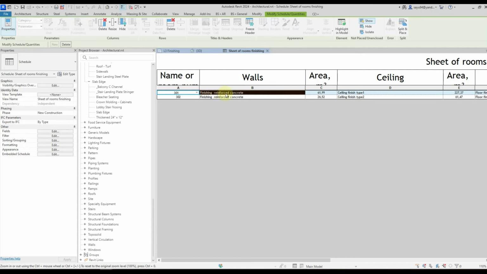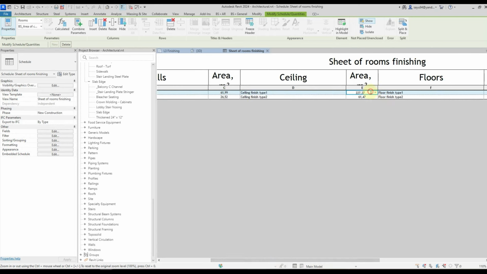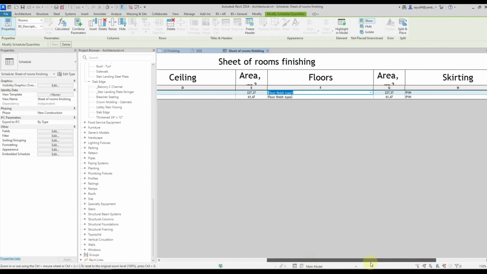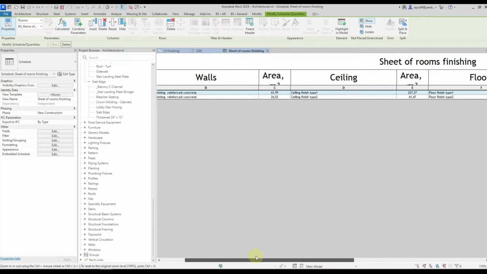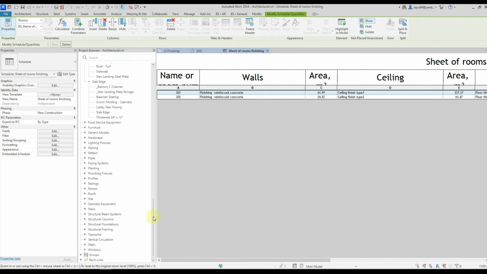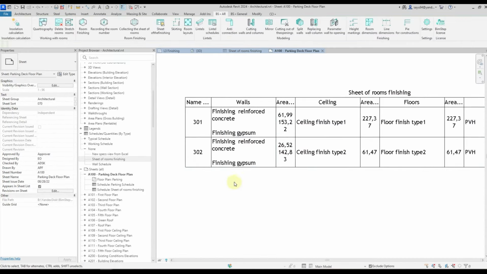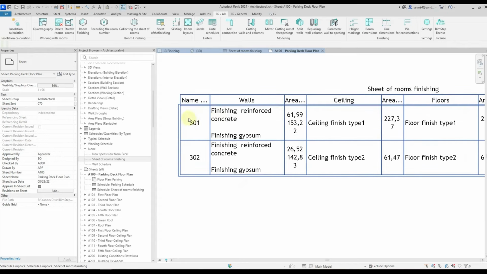Room 301, we see a certain set of finishing walls with a specific area, a certain type of ceiling, a certain area, and the same with the floor finish. Next, we have the skirting board. For clarity, let's put the schedule on the sheet. We can see that in the room 301, finishing walls at reinforced concrete have an area 61.99 and on drywall